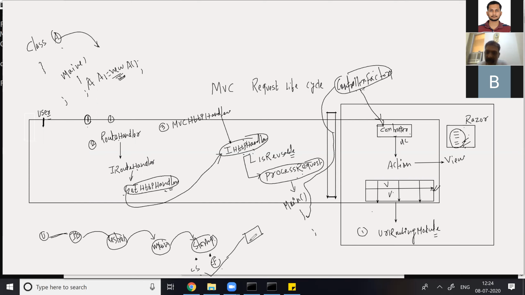Intentionally, I don't want to load the controller. The reason is I'm not invoking the repository or database operations, or POST and PUT operations. I don't want to go for that operation. Why should I load the controller?